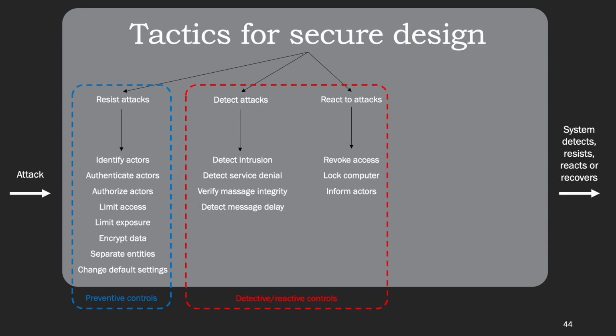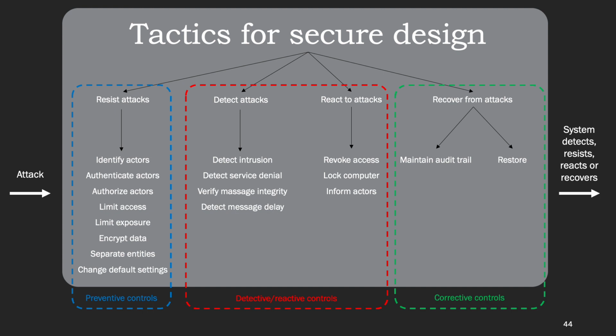Finally, securely designed software also has corrective controls in place to recover from an attack post-mortem. This could include maintaining audit traces, as we've discussed, restoring from previous states, and the like. The number of controls and the level of depth of defense depends not only on the available mechanisms and technology, but also on the budget and the business goals of your software products.